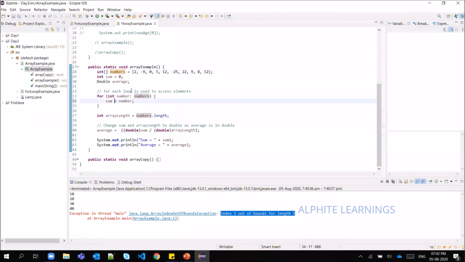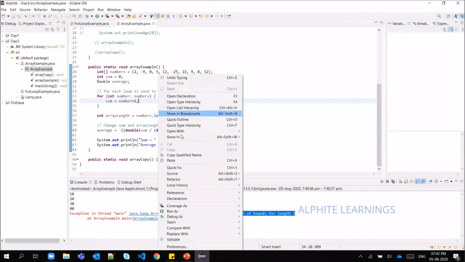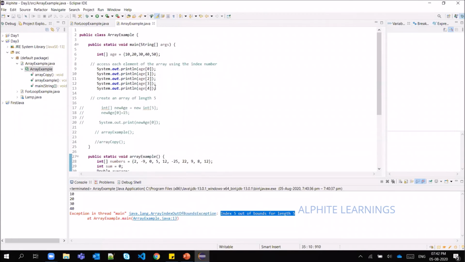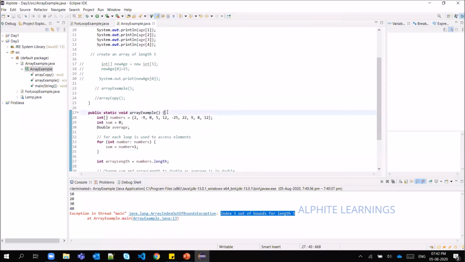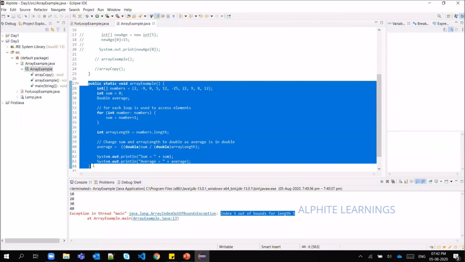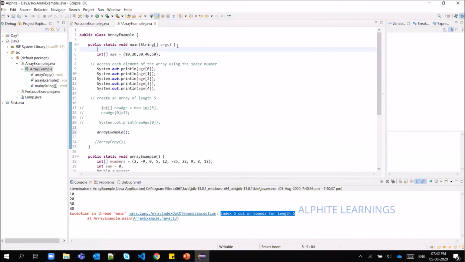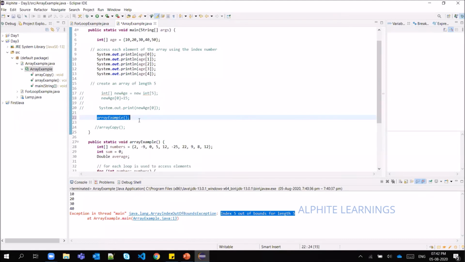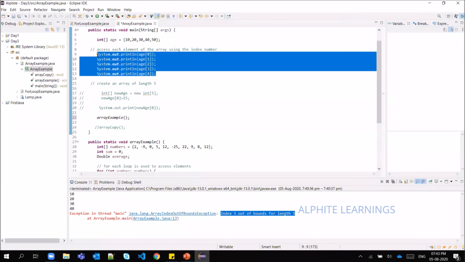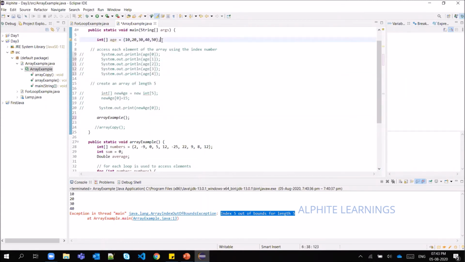I don't want to give you this now. I'll just give number plus 1. I have written this example as a separate method. Okay, we'll see what a method is in the upcoming slides. So I'm calling this particular method inside our main block. Whatever code we need to execute should be called inside our main block. So I'm calling this method here. I don't want all this code at the top to execute.